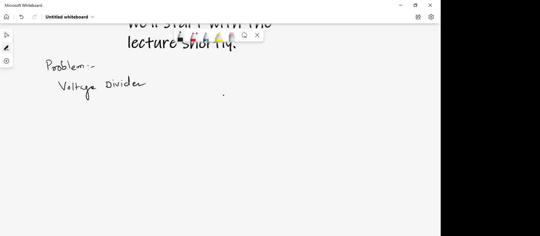In case of voltage divider, we saw, suppose there are resistors R1, R2, R3 in series, and there is some voltage V, which is to be divided among these three resistors. Let us take that over here we have some V1,